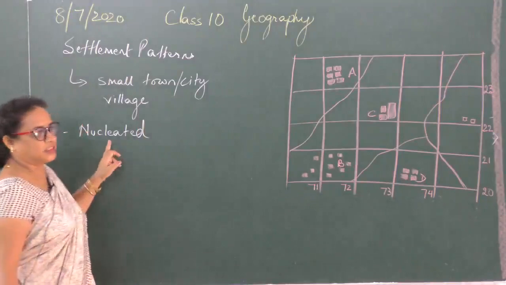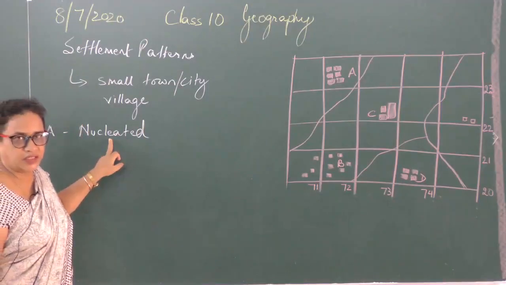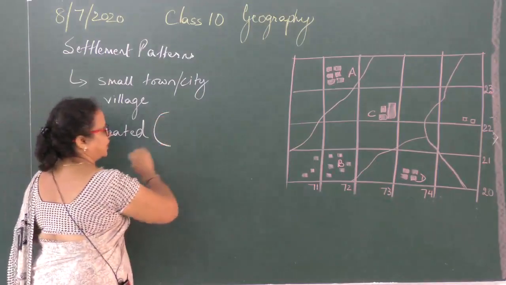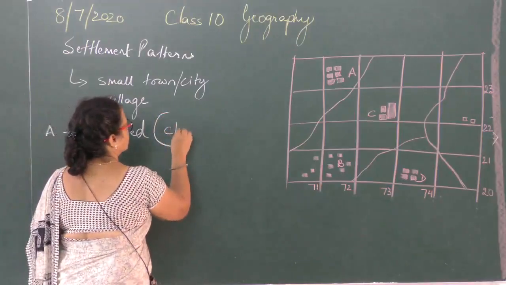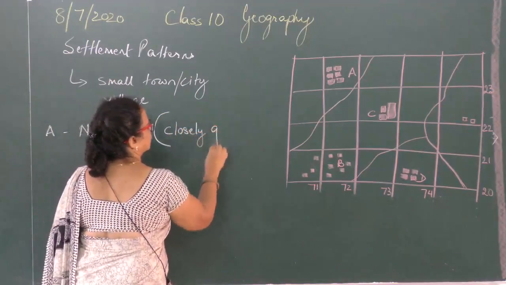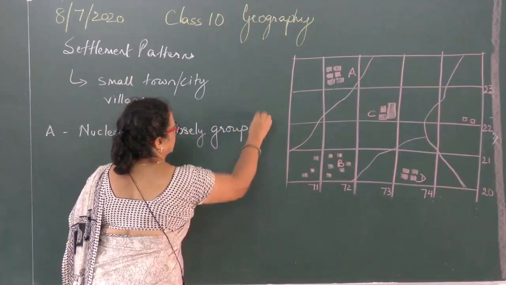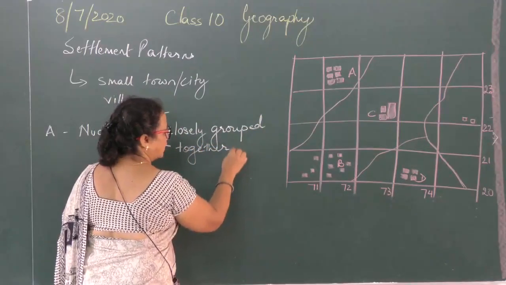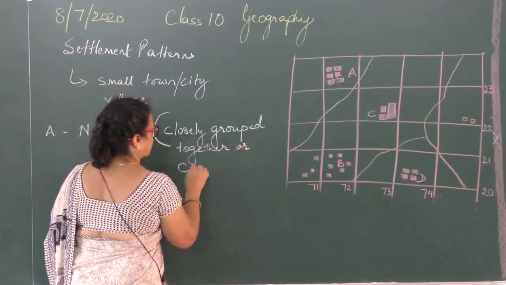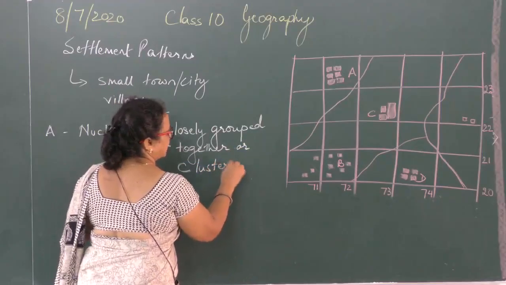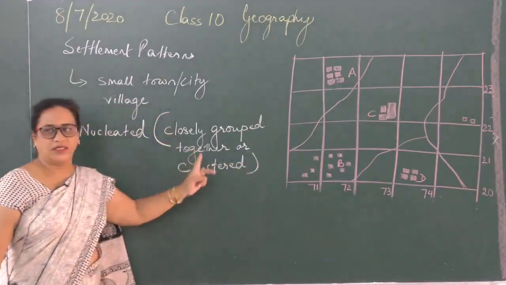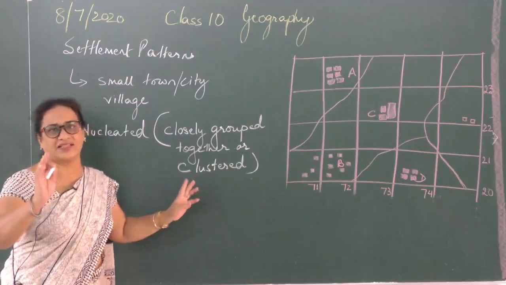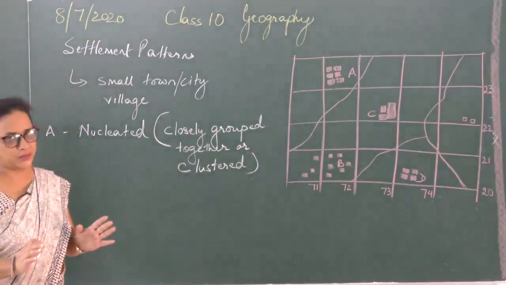Nucleated, it comes from the word nucleus, which you study when you are studying atoms. Clear? And nucleated, please write the meaning in brackets. It means closely grouped together. Closely grouped together. Or one word you can write, clustered. The meaning is the same. Now, learning the meaning is very important. Why? Some questions are typical questions and the council wants a typical answer to it.